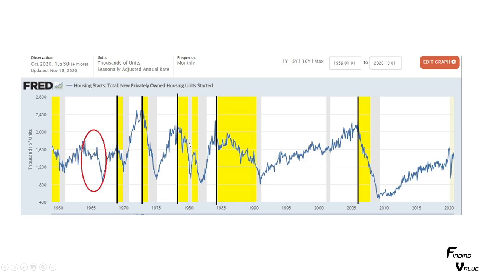1, 2, 3, 4, 5, 6, 7. Seven times since the late 1950s, we've had a recession after the housing starts declined. That's it. Seven out of eight. We are entering a housing market expansion phase. So I don't know how a lot of these guys in the deflation camp can say we're going to have deflation, because I have to see the housing starts decline, and I'm at seven out of eight. That's the probability through history. Seven out of eight times the housing market decline ended in a recession.